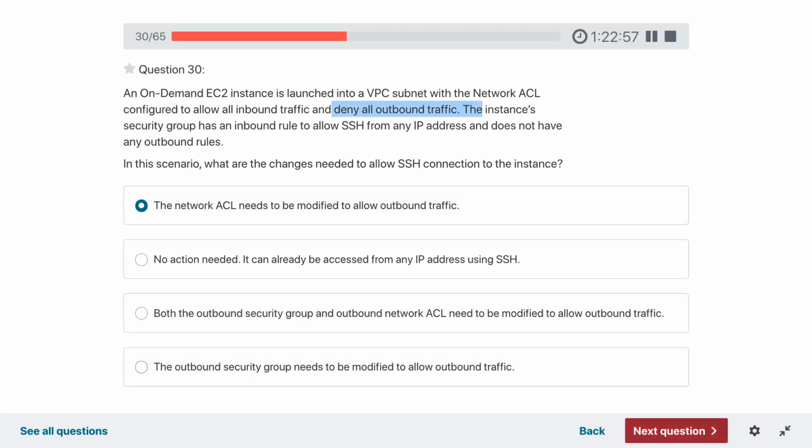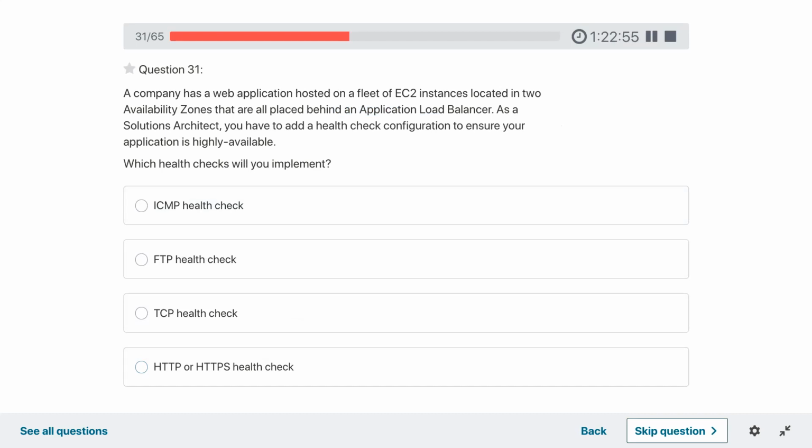A company has a web application hosted on a fleet of EC2 instances located in two availability zones that are all placed behind an application load balancer. As a solutions architect, you have to add a health check configuration to ensure your application is highly available. What check will you implement?